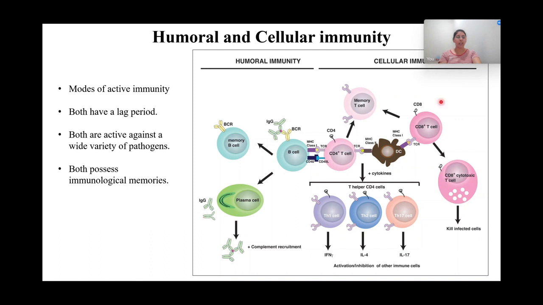Now, in cellular immunity, you have T cells as the major component, and these T cells are also of two types. They are called either CD8 plus T cells or CD4 plus T cells. The 4 plus means which kind of CD they contain. So CD are basically clusters of differentiation. They are present on the membrane or surface of the T cells. If this cluster of differentiation is of 8 groups, it is CD8. Then these are T cells, also called cytotoxic cells. So CD8 cells become cytotoxic cells, while your CD4 cells are generally called the helper T cells. So they help in